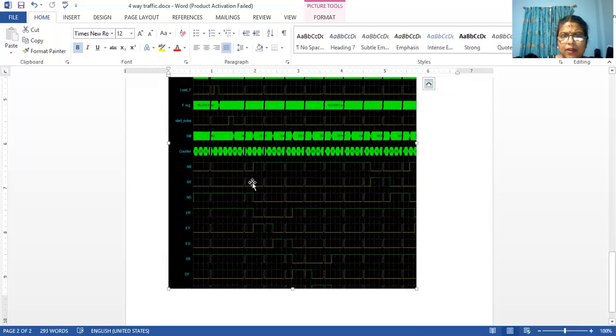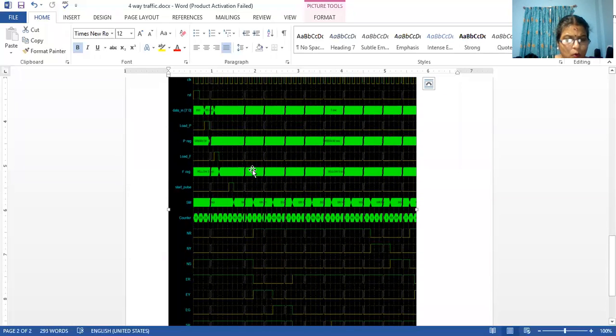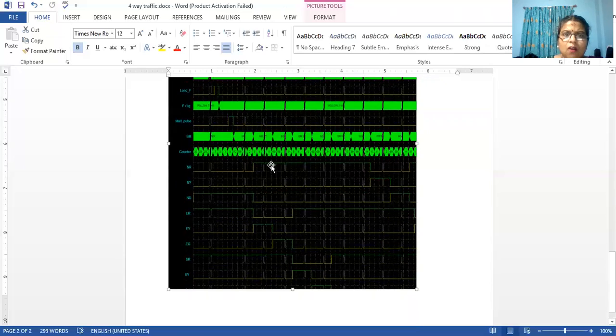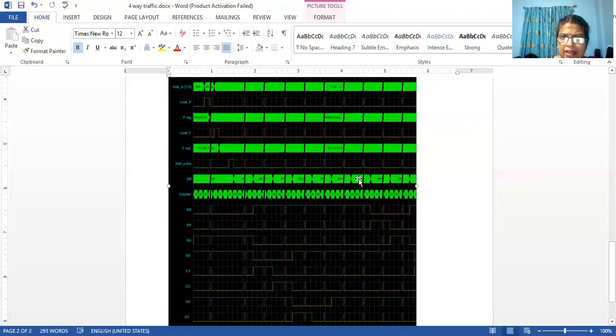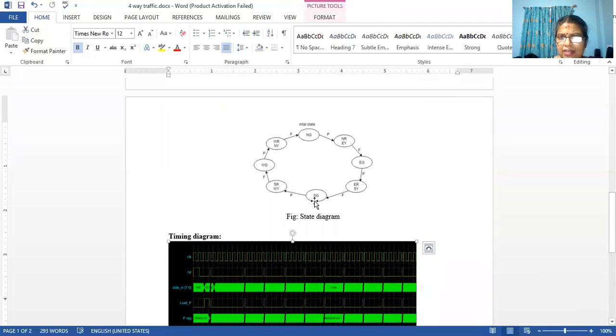So the timing diagram consists of that. Now what if I want to change the value of this load P and load F register? You can do that. For example, when the start pulse is high, currently I am in the south green state. Currently I want to make sure that the south green is permanently green for a long time. What should I do?